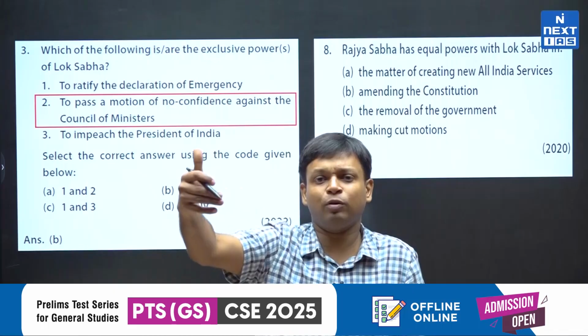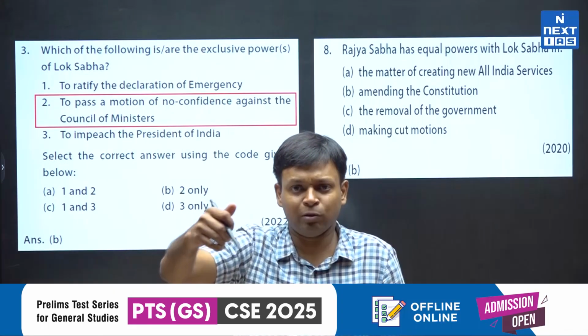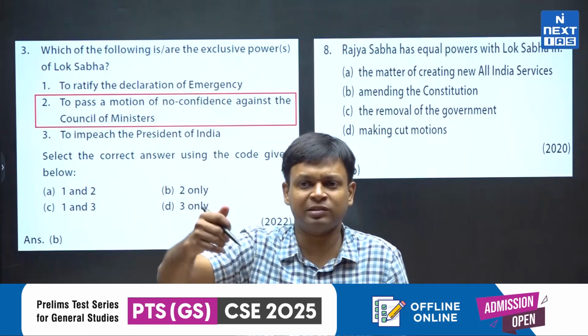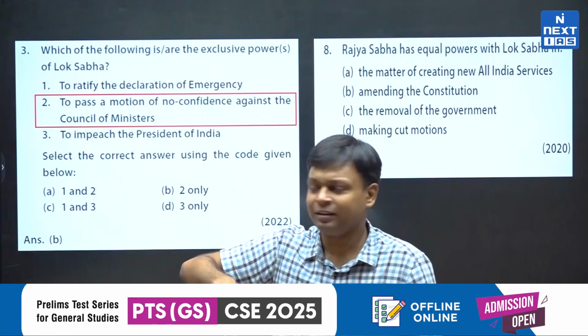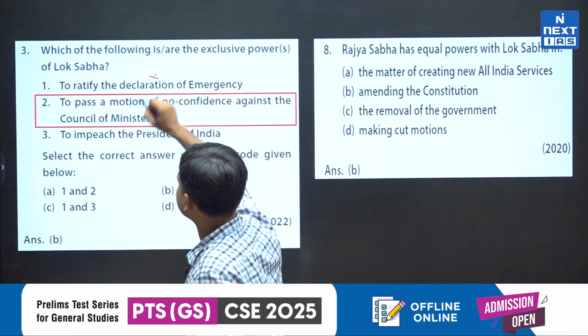In fact, राज्य सभा को हम कह सकते हैं कि exclusive powers हैं. अगर लोक सभा डिसॉल्व है तो भी इमरजेंसी राज्य सभा के अप्रूवल से चल सकती है जब तक लोक सभा वापस नहीं आती है. ठीक है? So this is not the correct statement.